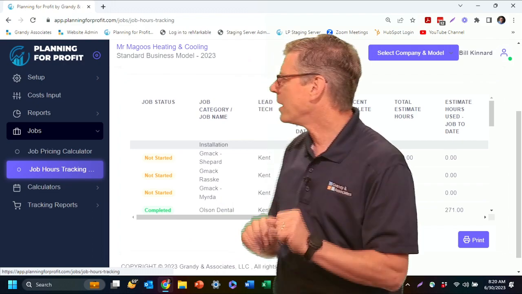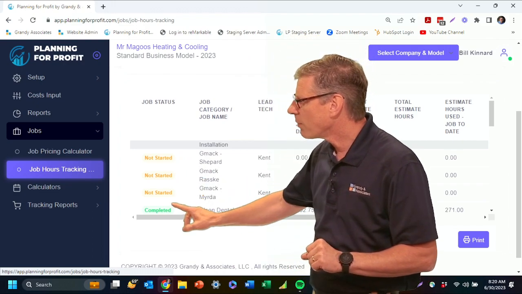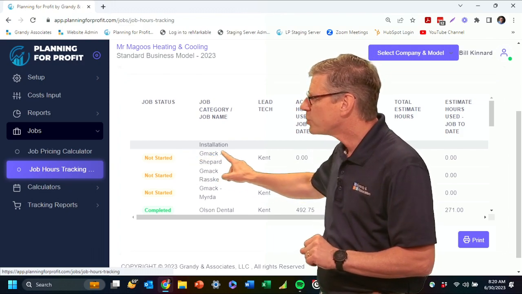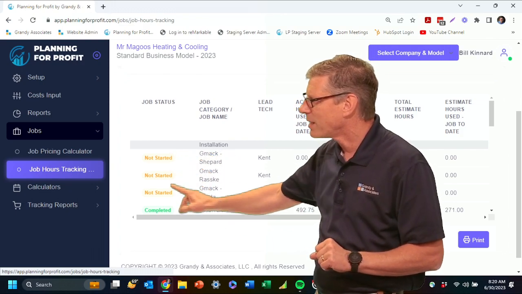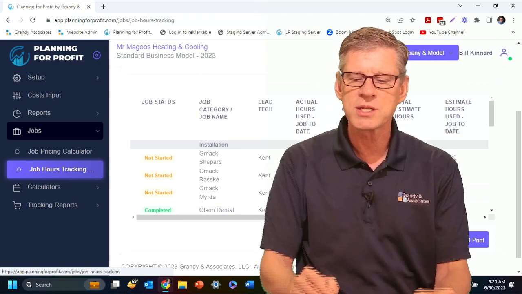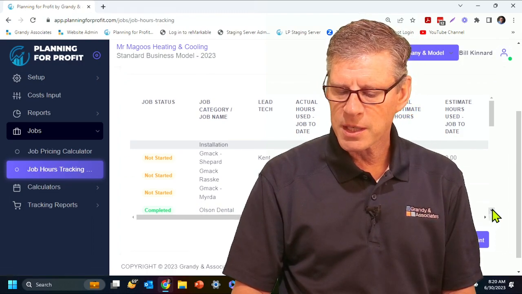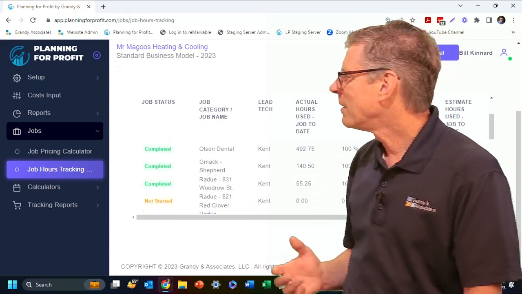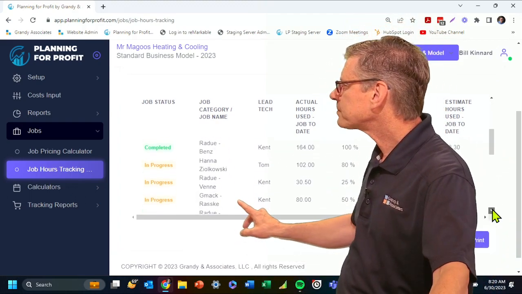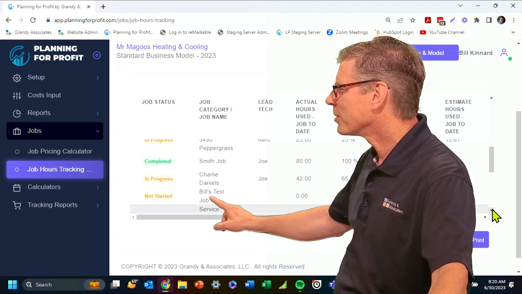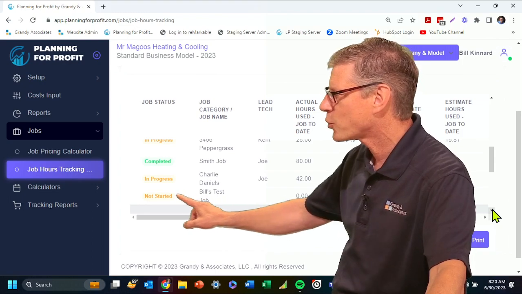And so in here, you can see that, again, I've got all these jobs right now. Here we're looking at the installation department. I've got all the jobs in there, and it's giving me a status. Are they not started? Are they completed? What's the status of these individual jobs? So if I scroll down on this particular list, I will find, as I go through there, all my jobs that are listed, and I will find, here's Bill's test job, that job that I just quoted, and